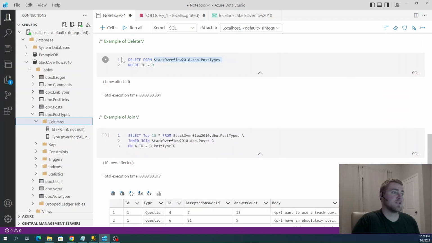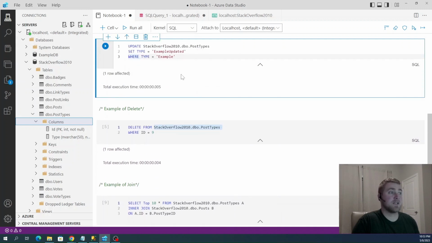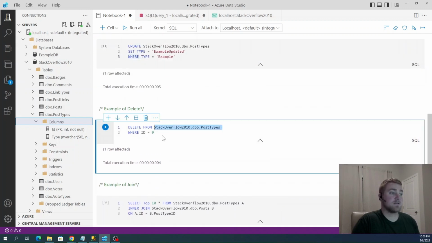Examples of delete. So this one, just like the update, you want to make sure that you have some kind of where clause on there to filter down so you're not deleting every single row in that table. So we'll delete from, and then you'll use that database, schema, and then your table name on here. You don't always have to throw on your database on here, or even your schema, but you can use something like